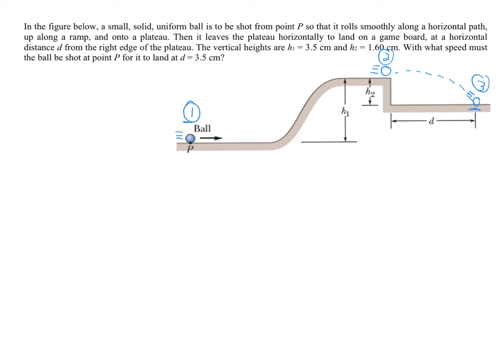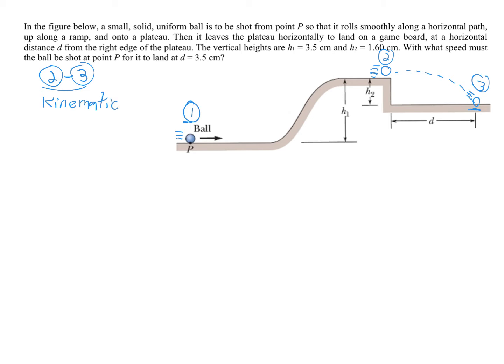And so I decided to break it down 1 to 2, where 2 is the point where it's just about to come off the ramp edge there, and point 3 where it's just about to land. So in order to figure out the speed at point 1, I need to know how fast it has to be moving up here at point 2. And to figure out how fast it's moving at point 2, I have to look at how far it flies after leaving the top of the ramp. So I decided that starting to evaluate from point 2 to point 3 is going to be important. And evaluating from point 2 to point 3, I'm going to immediately think about using kinematics,